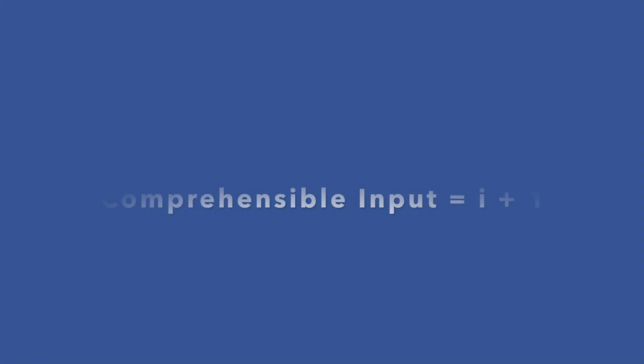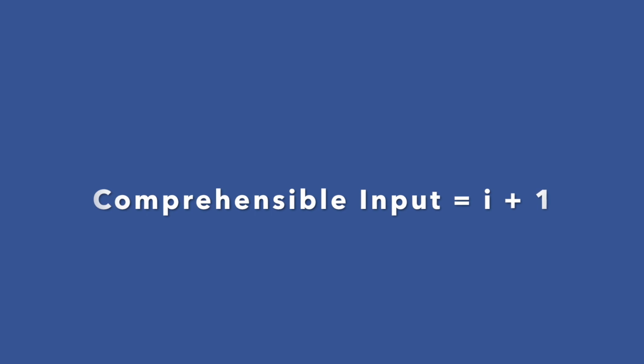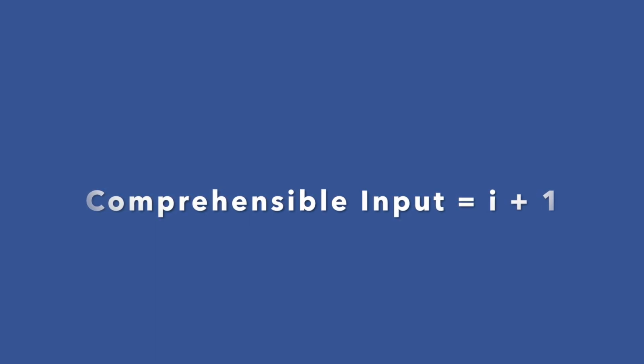So if the learner is just at the stage of I, will learning take place, further learning? No. And if the learner is exposed from I to I plus 4, I plus 5, will learning take place? No. Again, it will be really difficult. So according to Krashen, it is the I plus 1 formula that helps in the language learning process. Okay? So I plus 1.